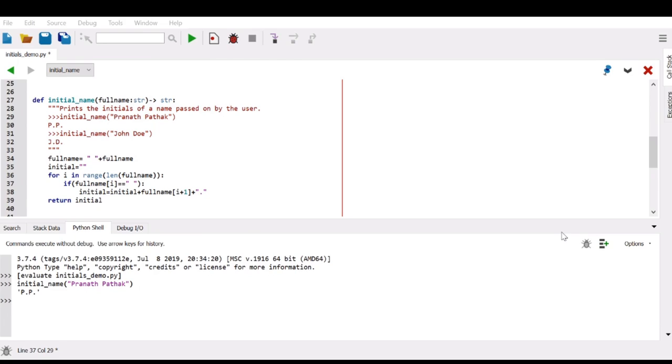If the confusion is about for i in range or for i in some list or some string, you'll probably get more clarity on that in detail. In case you have any questions for me regarding why I added a blank space, or why I checked for the blank space and how I find the initial letters, put in that question right away and I'll help you on that.